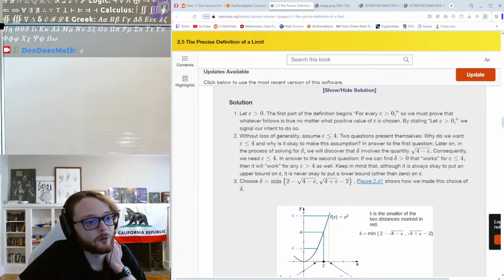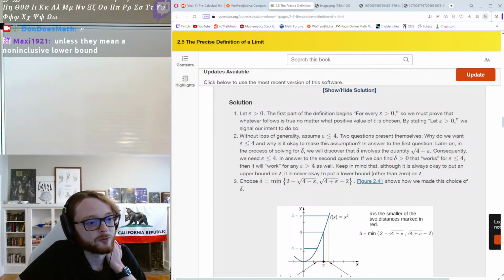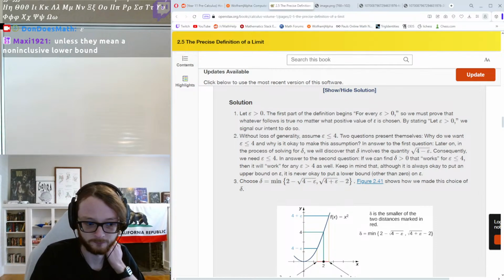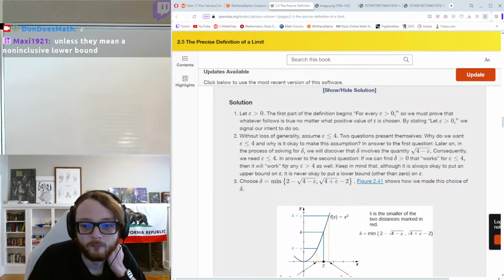Hey Maxi, it's okay to put a lower bound of 0 for epsilon, which is weird because epsilon should be strictly greater than 0. Where did they say that? The site does do things a little bit weird, but